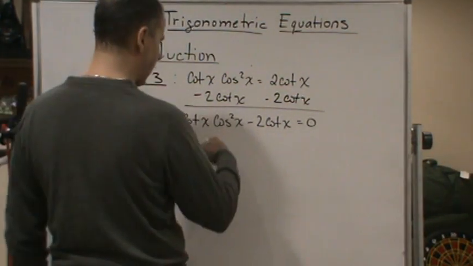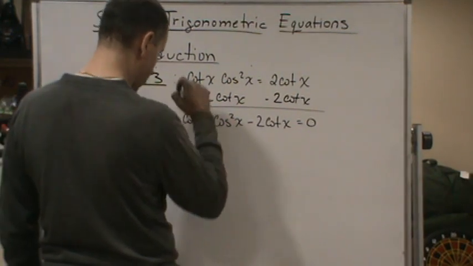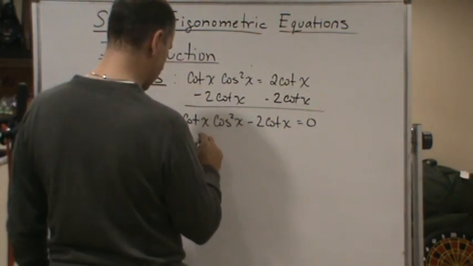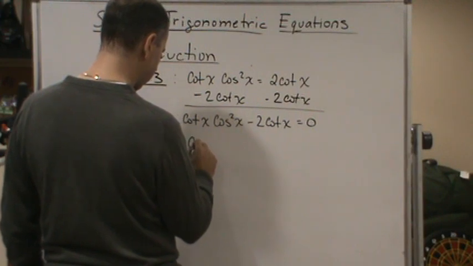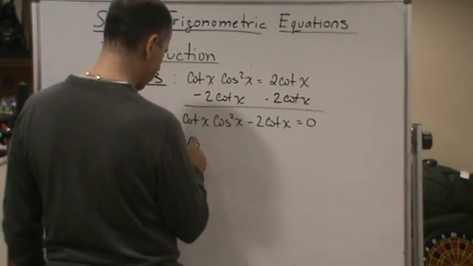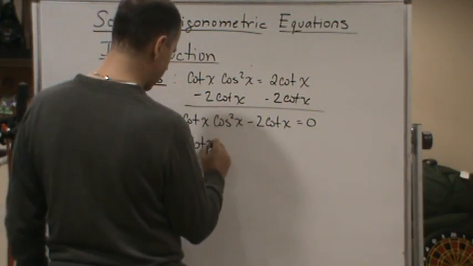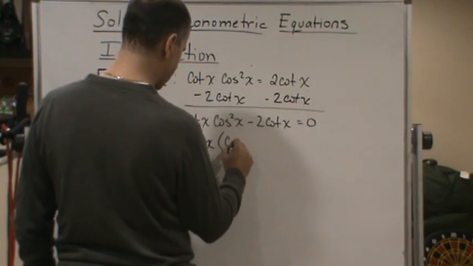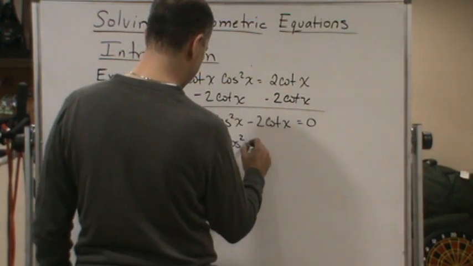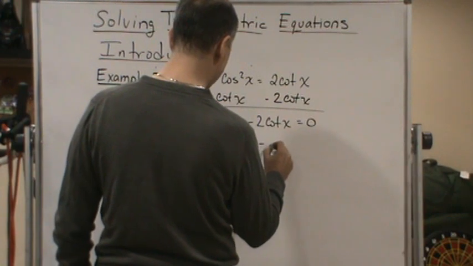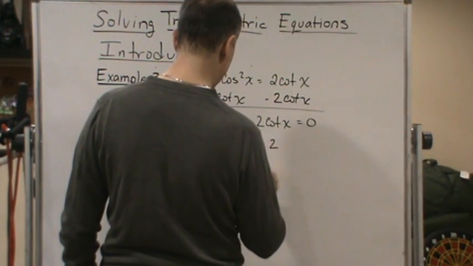So now I'm going to factor out a cotangent x. So what does that give me? That gives me cotangent x times cosine squared x minus 2